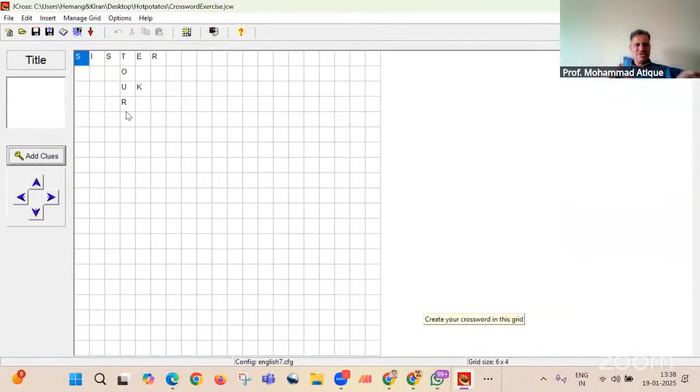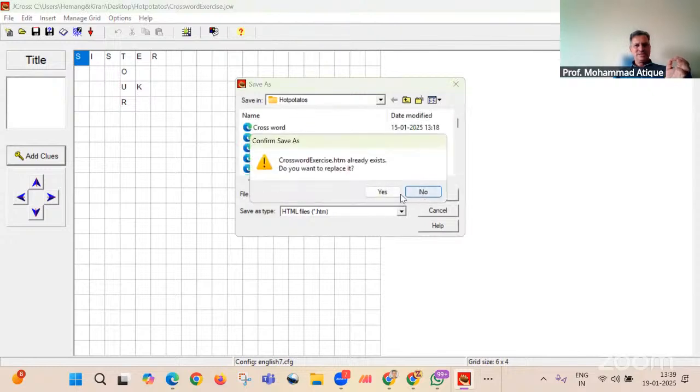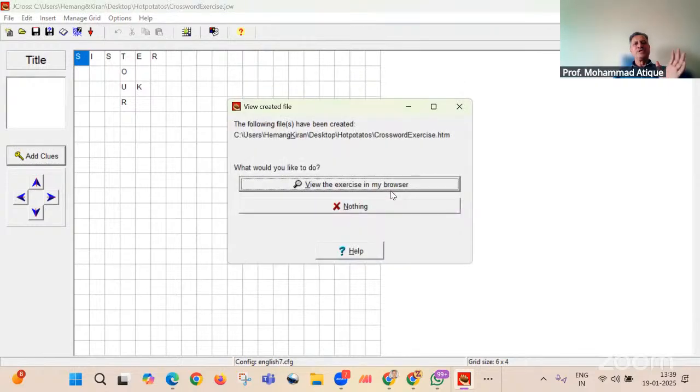Now this is all done. You have configured it. You have keyed in all the keywords along with the clues. Now let us try to launch it. If you can see here, there is a symbol. If you simply drag the mouse over there, you will find the tooltip. Again, I have saved it. If you forgot to save in the beginning, it will ask you at this point of time.